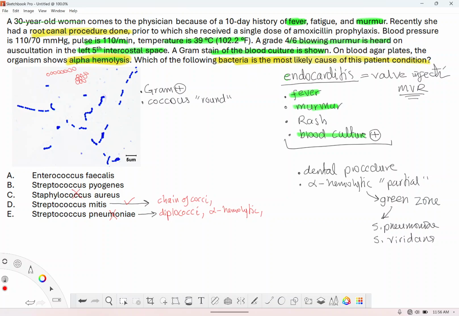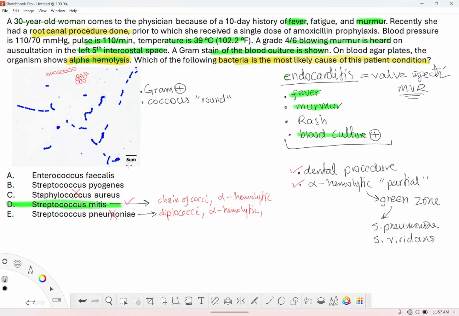But streptococci also, the risk factor for streptococci to get endocarditis is dental procedure, which we have in these questions, and it's alpha hemolytic. So everything matches Streptococcus mitis, alpha hemolytic. So these two criteria match that, and Streptococcus pneumoniae doesn't cause endocarditis. Okay. Now, as far as right now we're concerned, our answer is Streptococcus mitis. So I'm going to choose that. But let me go further,